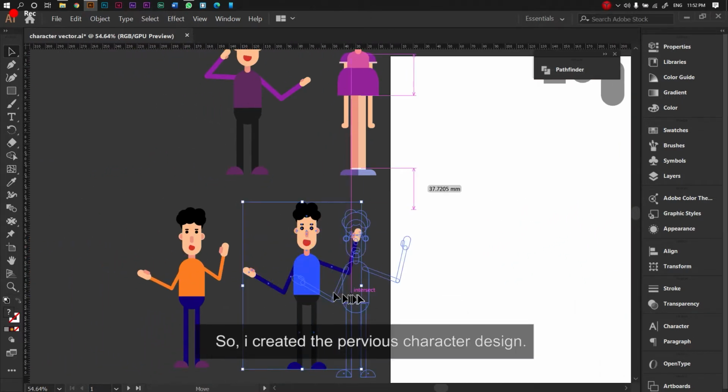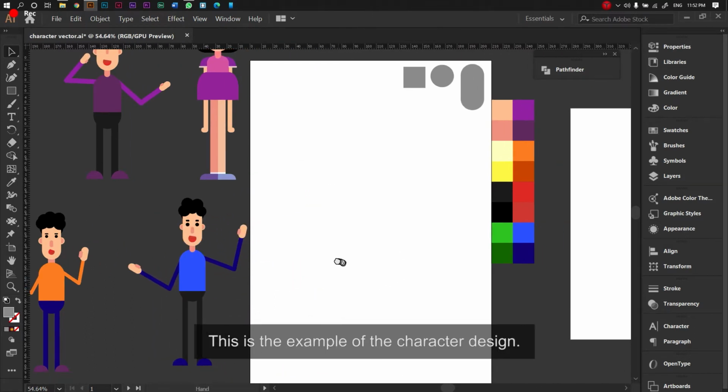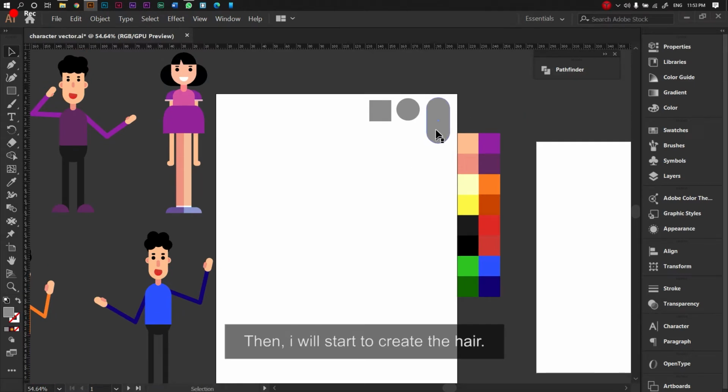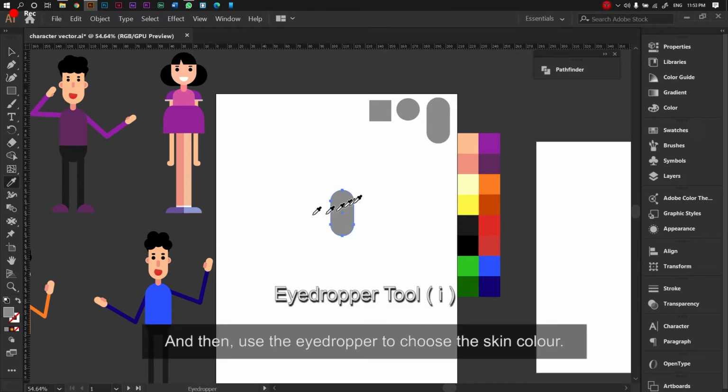So I've created the previous character design. This is an example of the character design, and then I will start to create the head. First, you have to copy and paste the oval shape, and then use the eyedropper, choose the skin color,